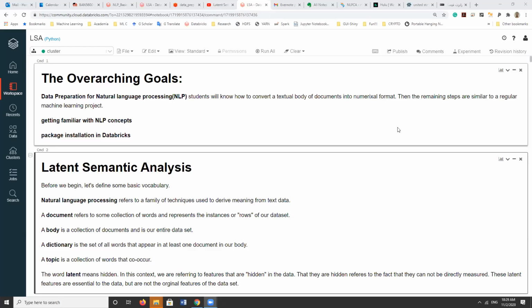So also, we use some concepts and get familiar with more NLP concepts, and also we learn how to install a package into a Spark environment. Having said that, for today's class,